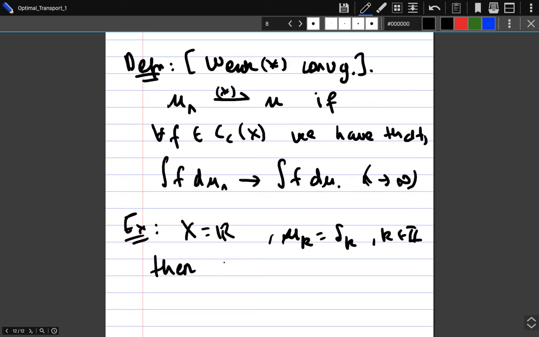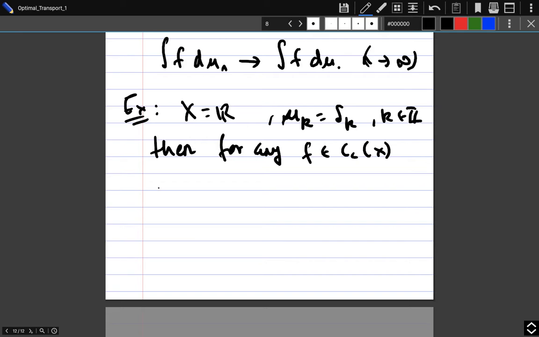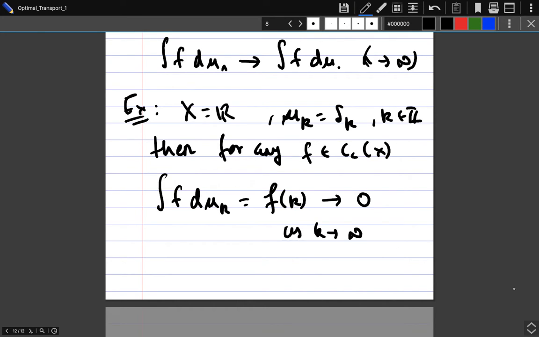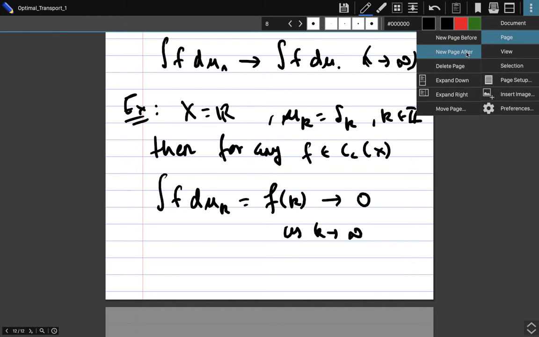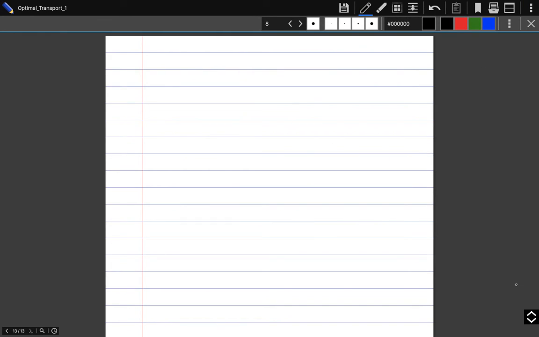Then just take any testing function f, which is continuous and compactly supported. What you get is that the integral of f with respect to this measure, well, it's a Dirac measure, so it just evaluates the function at that point. And because your function is compactly supported, this will go to 0 as k goes to infinity. Well, if you're not familiar with what it means to be compactly supported, I'll just give you a little